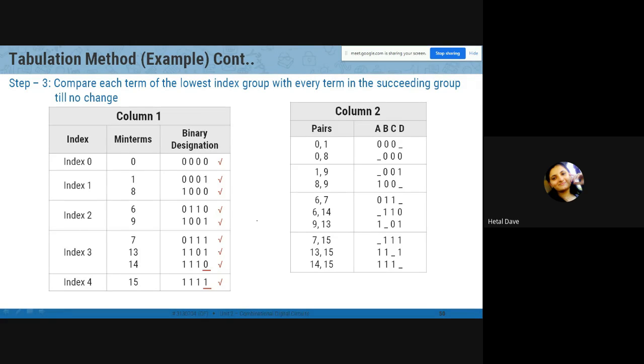So here, is there any doubt? First step, consider your min terms, convert them into binary, make one table. Second, arrange them such that the number of ones is equal, and make another table. Now successive indices should be compared such that one bit will be changed. Put similar bits as they are, put a dash where the bit is different. And they are arranged such that row-wise they are written together. Okay, we will see the next step, but before it,